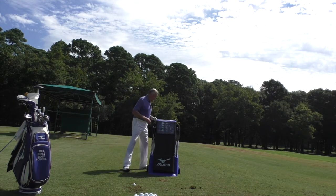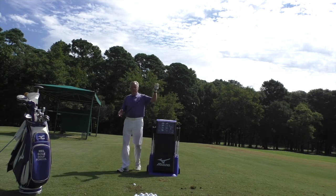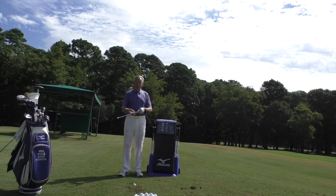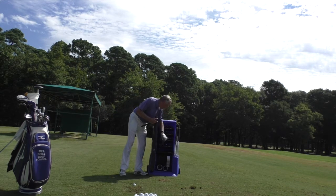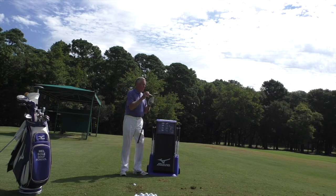The heart and soul of the fitting cart is this thing here. There's no other fitter that has this. This is the magic. This is called a shaft optimizer, and it's got this little computer in here. It's got a graphite shaft, and there are strain gauges that run inside this shaft and measure. So when I put a head, and I have a fitting head here, so when I put the fitting head on and I tighten it up,